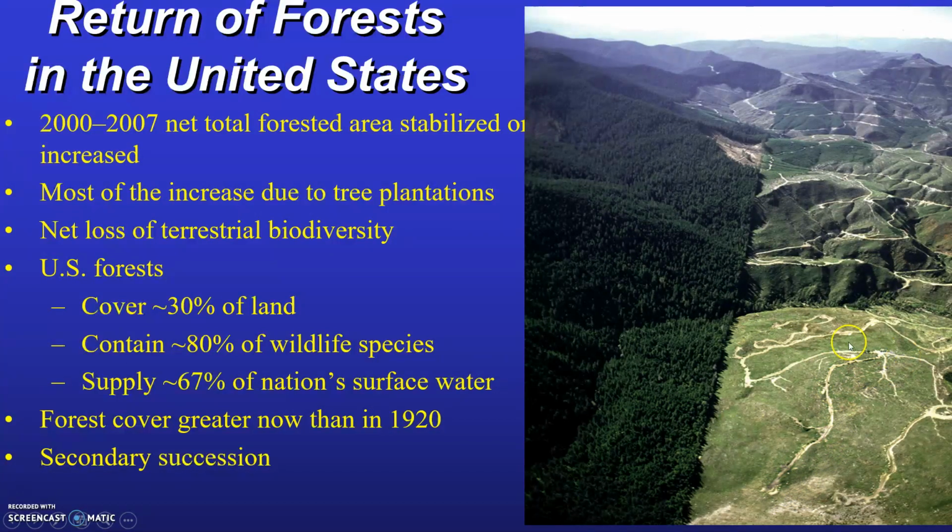And please take notice of the amount of roads that they have to build throughout the area in order to access the region for cutting the trees down. In addition, think about when it rains in this area. Over here when it rains, the forest canopy and the trees and the plants in this region are going to absorb that rainwater and slowly allow it to filtrate down into the stream valley here. On this side of the picture, when it rains, there's nothing to capture that rainwater, and it's going to instantly run across the land surface, causing erosion, and then into the stream valley, where it ends up having a lot of sediment going into the stream and causing water quality problems.